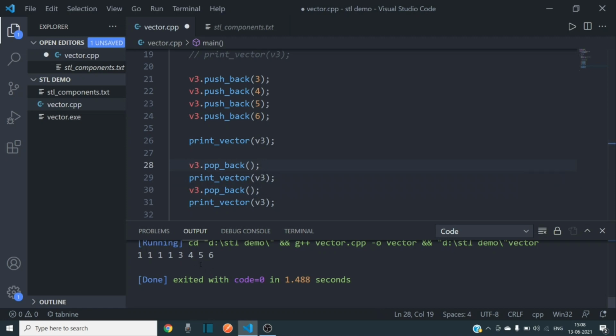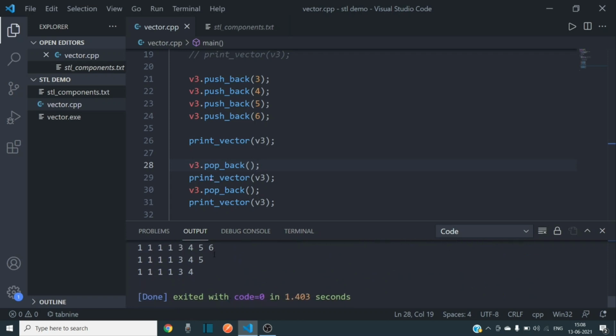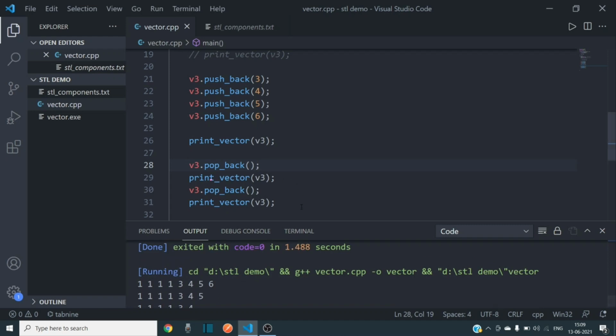The output would be that 6 is removed in the first pop back and 5 is removed in the second pop back. So let's run that. Yes, so 6 is removed in the first pop back and 5 is removed in the second pop back.